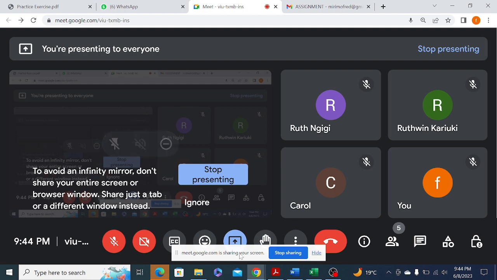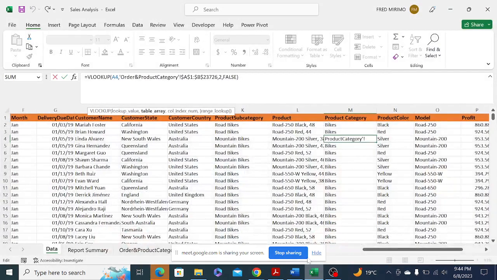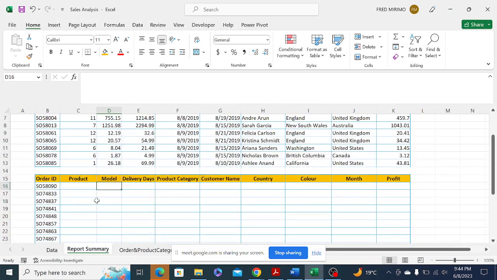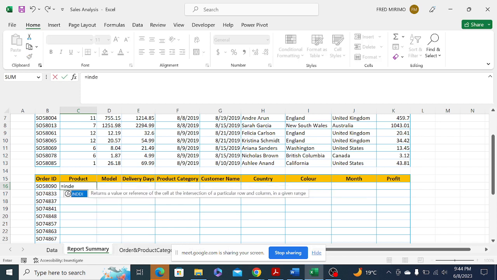So let us try to solve this. So we want to know the product that was sold. So it's equals to INDEX. So it will ask for the array. So where are we looking for this answer? So we'll go to data